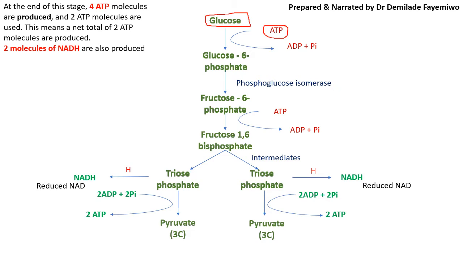This is a famous saying. I don't know if it's true, but people say you need to use money to make money. So in this case, we need to use ATP to make ATP. So we use ATP here, and what we are basically doing is we take a phosphate from ATP and we